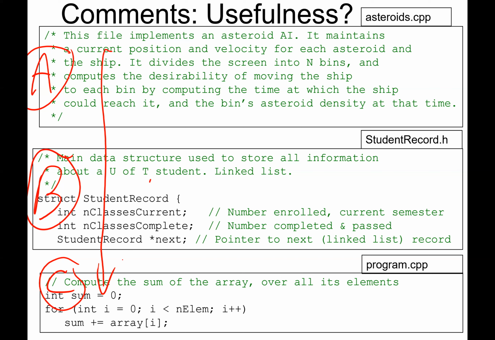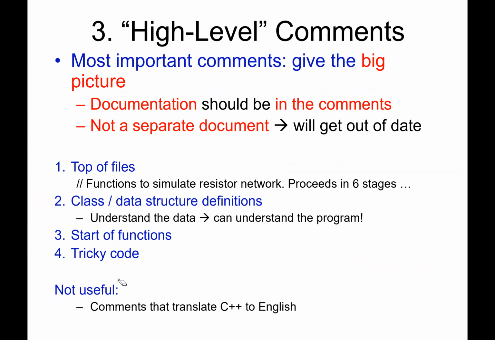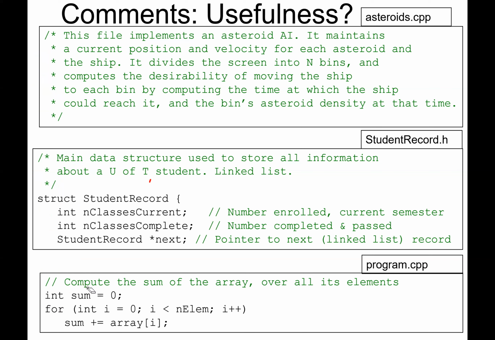So that's actually my opinion as well. A is the hardest to understand. I'd agree, it's covering the most territory, but it's the most difficult for you to work out without some extra information. What is this file for? What's the overall structure? That could take a long time to figure out. If you don't have a comment, you might never figure it out.